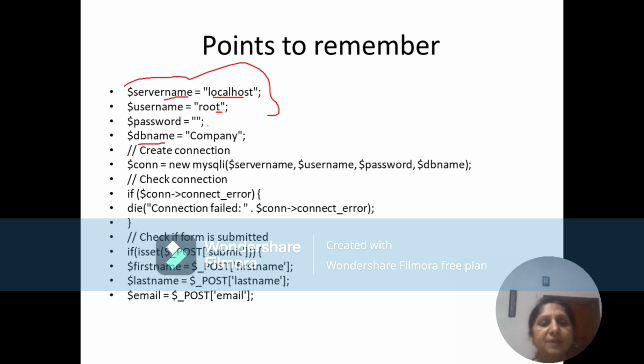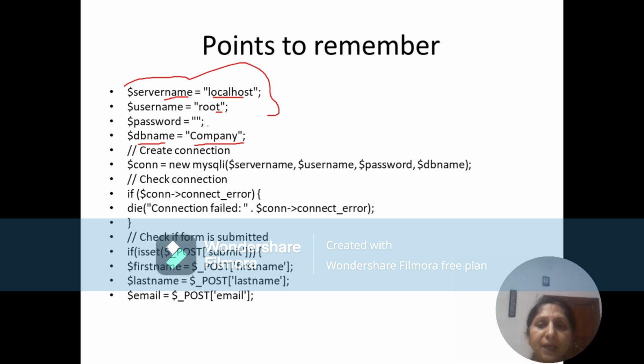Under that new database whose name is company, you are going to create the table. Which table, we will see afterwards. So it has been assumed that you have created a database company. How have you created it? Directly you have gone to phpMyAdmin and created this database. Fine. Then there is a connection. We are establishing the connection and we are checking whether the connection has been done or not.